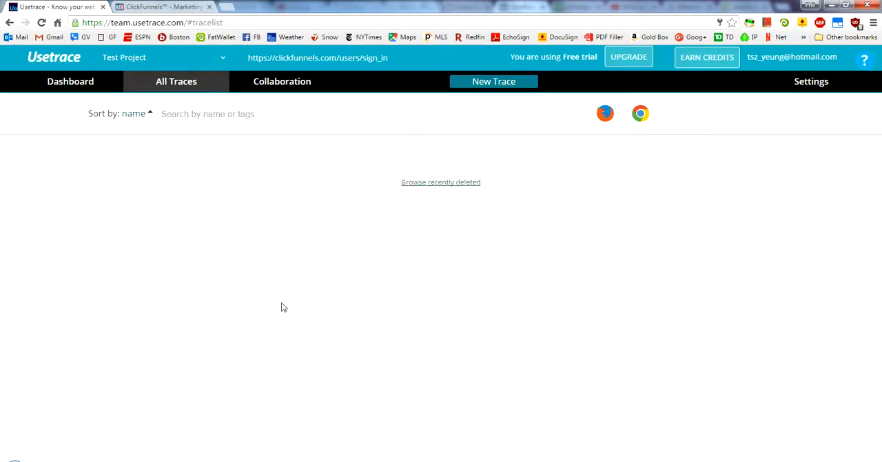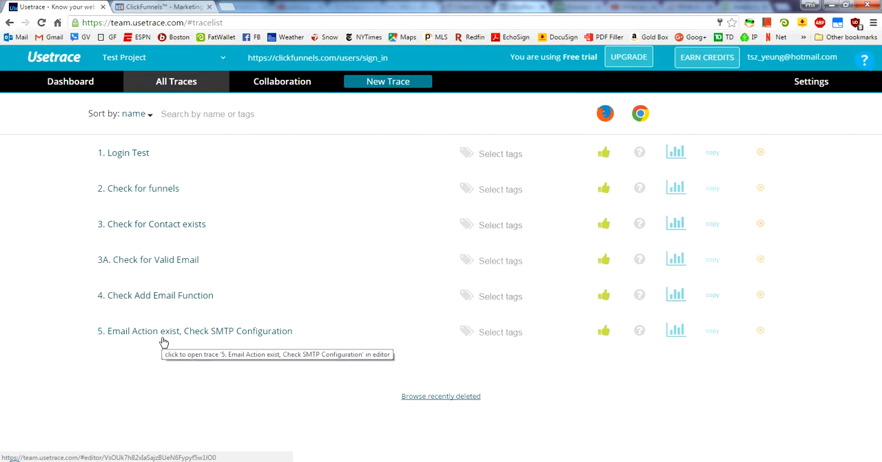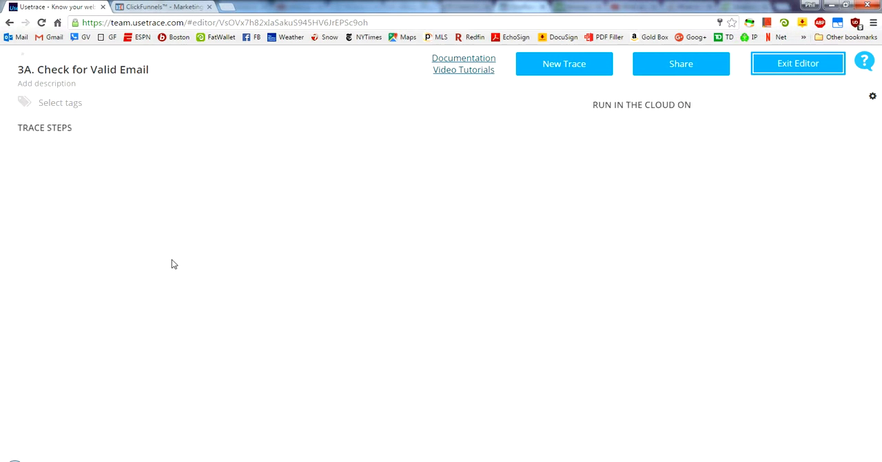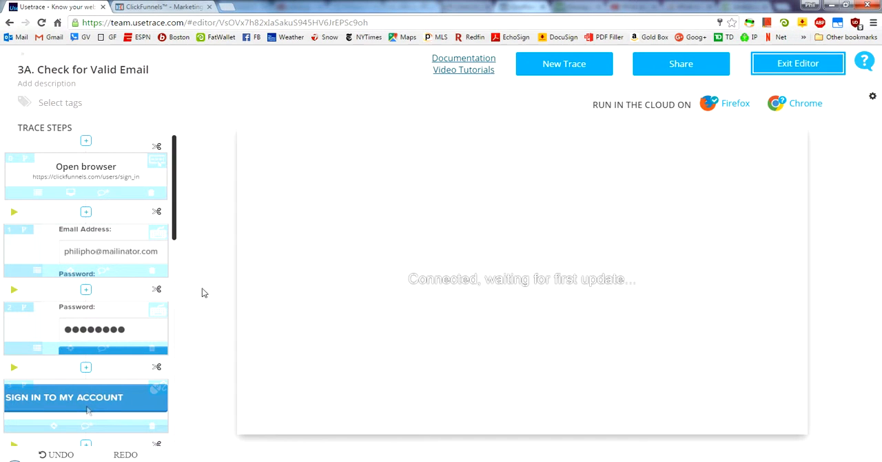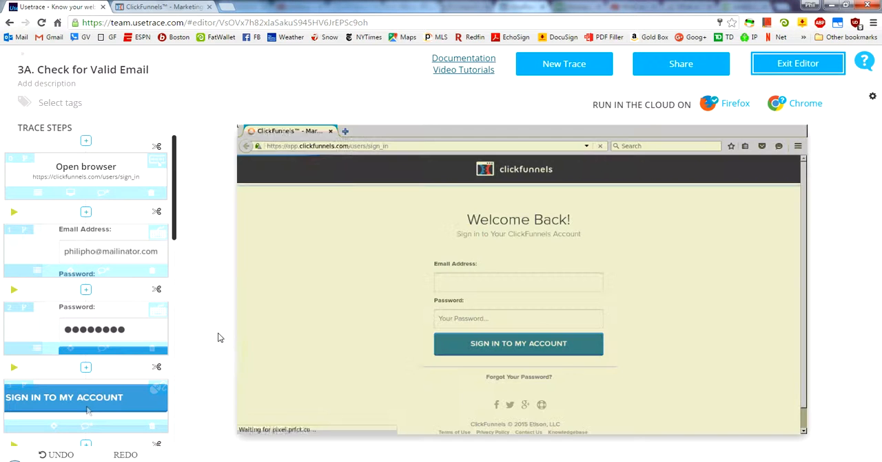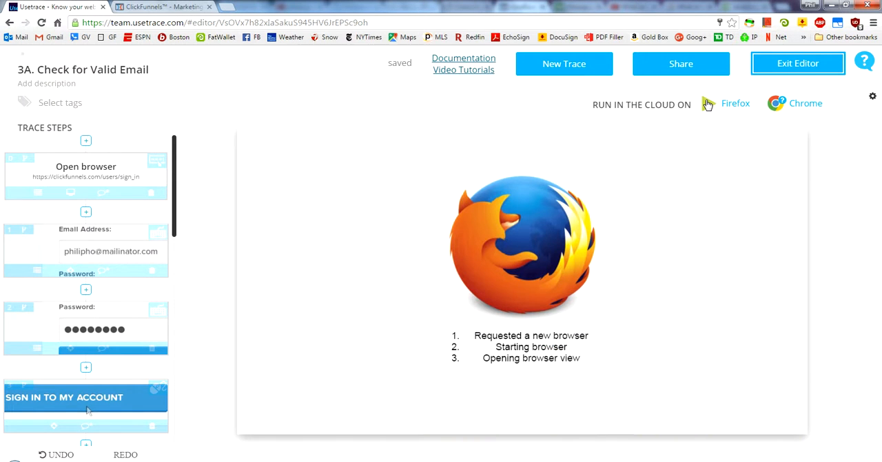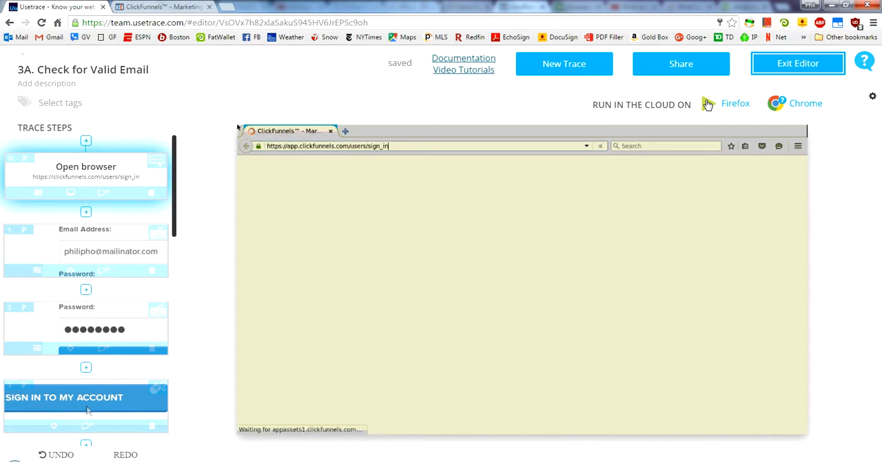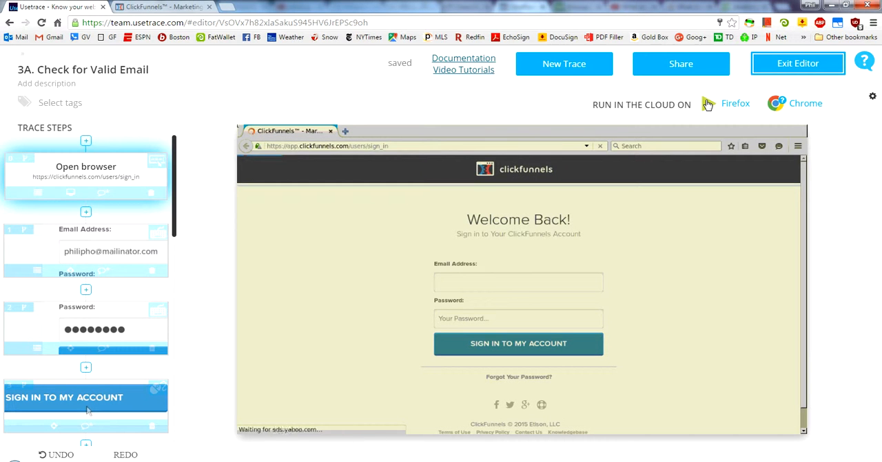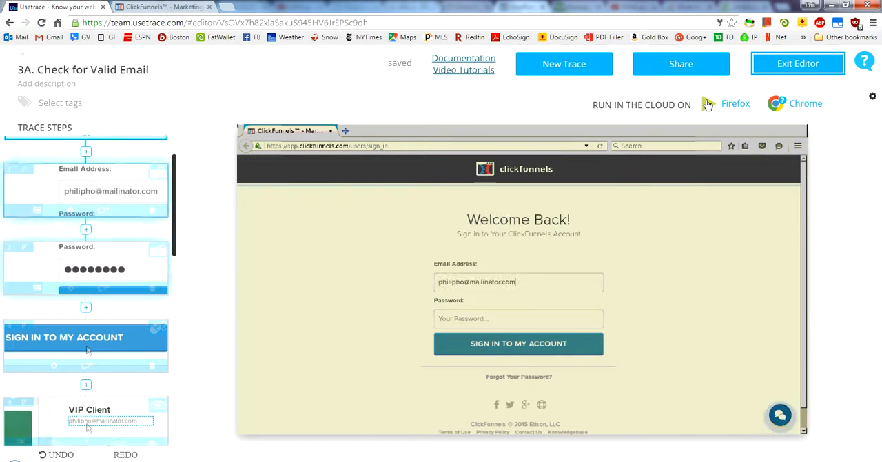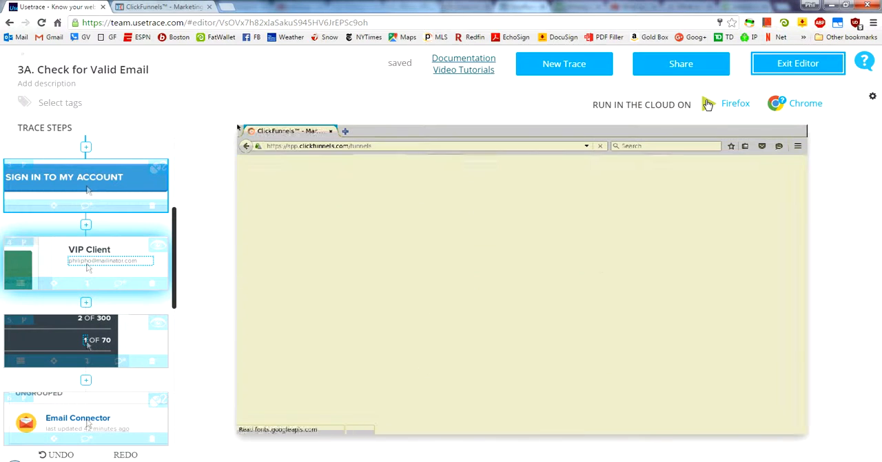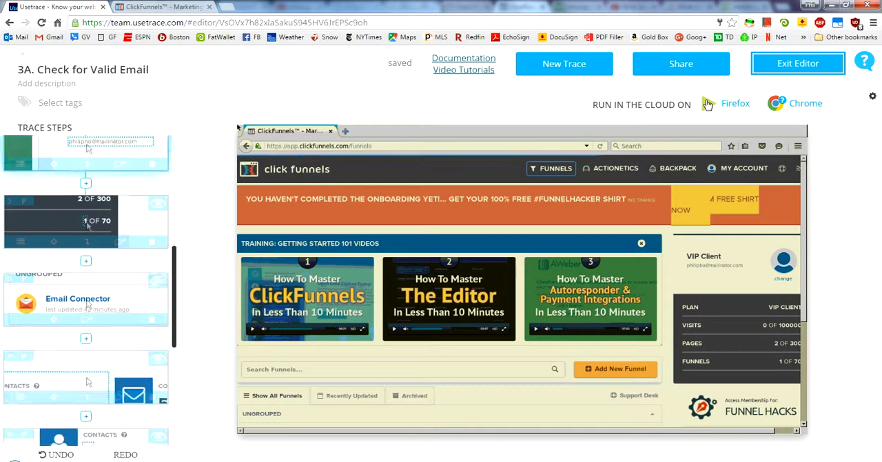And the next step, maybe there's a way to do it in use trace, and I just don't know yet. But I would check the emails to make sure that they are valid emails, and there's no format errors, and everything looks good. So here again, log in, and then I'll go to the email, and I will actually download the